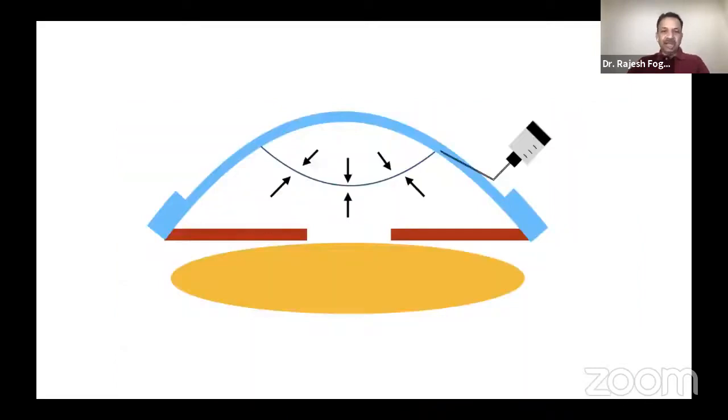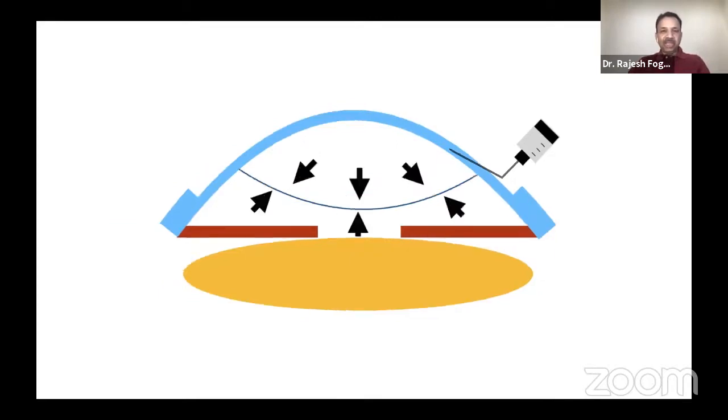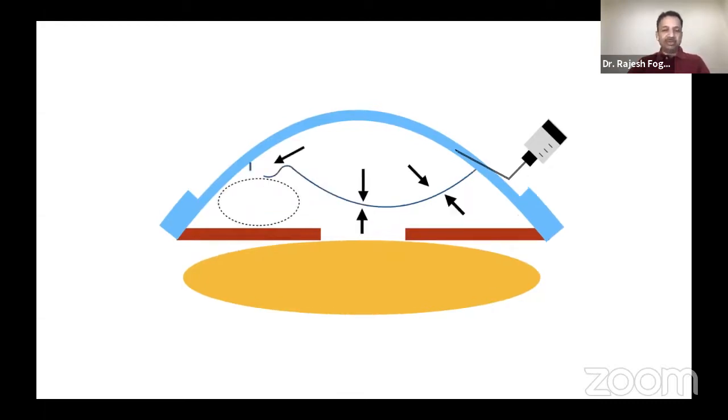So let me explain in this diagram. When you put your cannula in and you're injecting air, you get the formation of the bubble. So you have pressure within the bubble and you have pressure within the aqueous, which is trying to prevent the bubble from expanding. As you inject more air, the pressure within the bubble increases as the counter pressure in the anterior chamber also increases, because the aqueous is not getting displaced anywhere. It's a closed chamber. Now in this scenario, if I continue to inject more air to expand the bubble, the intra-bubble pressure increases more,